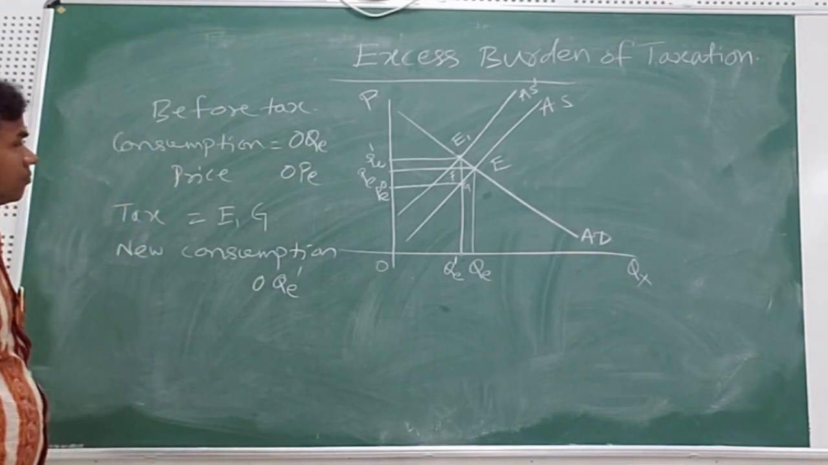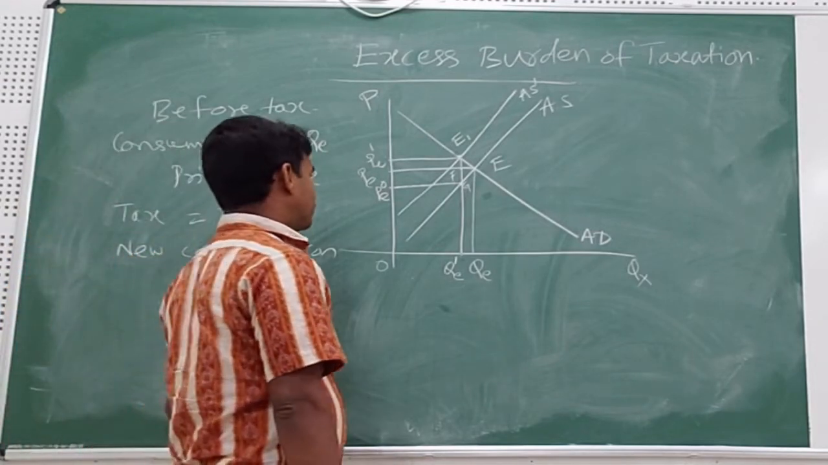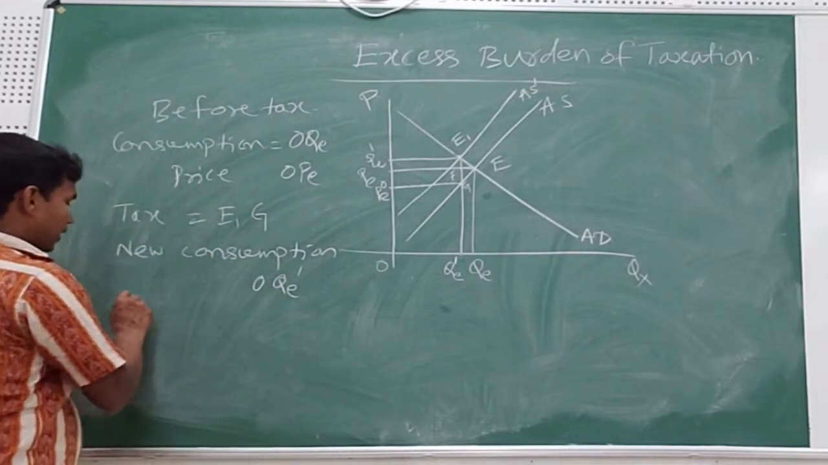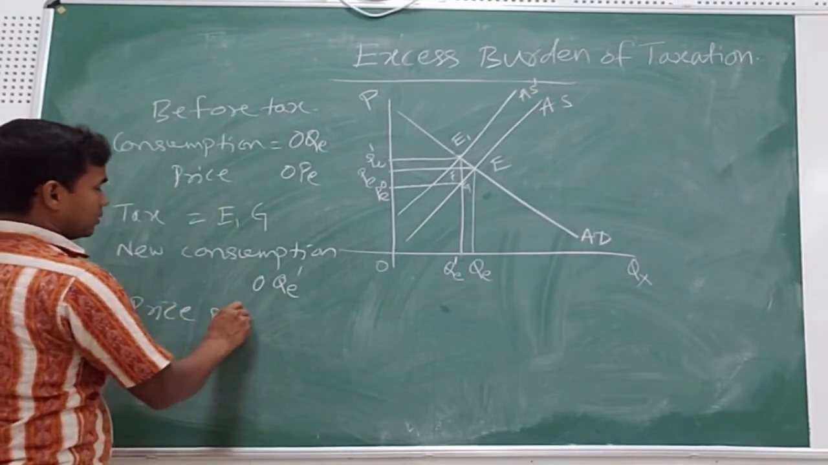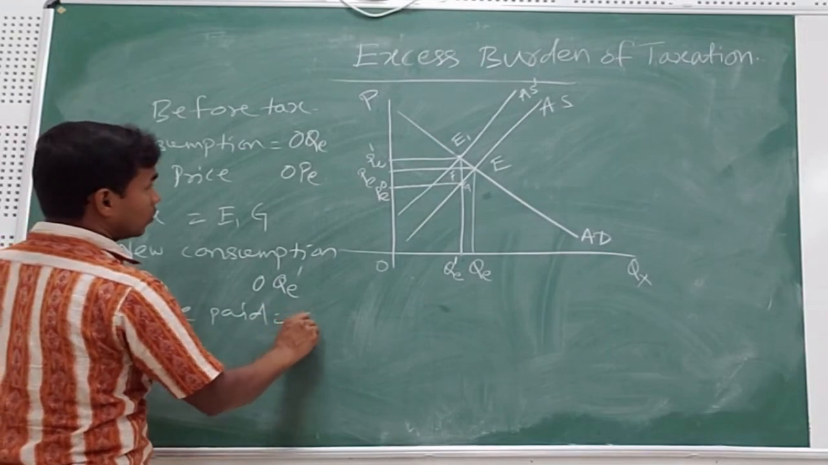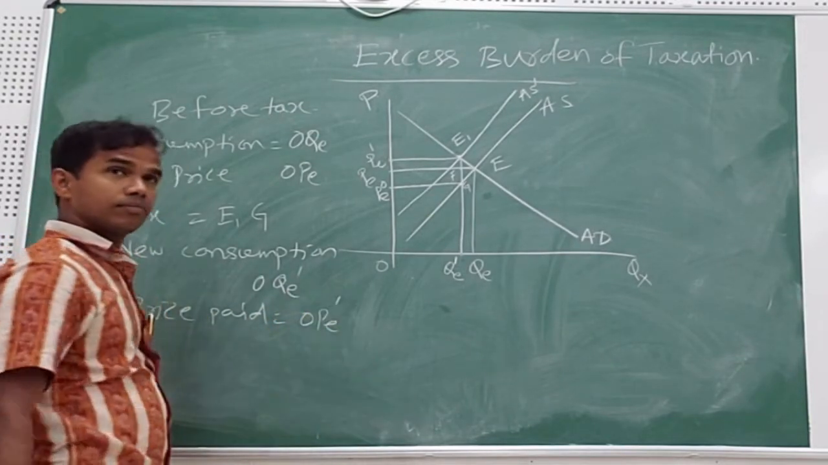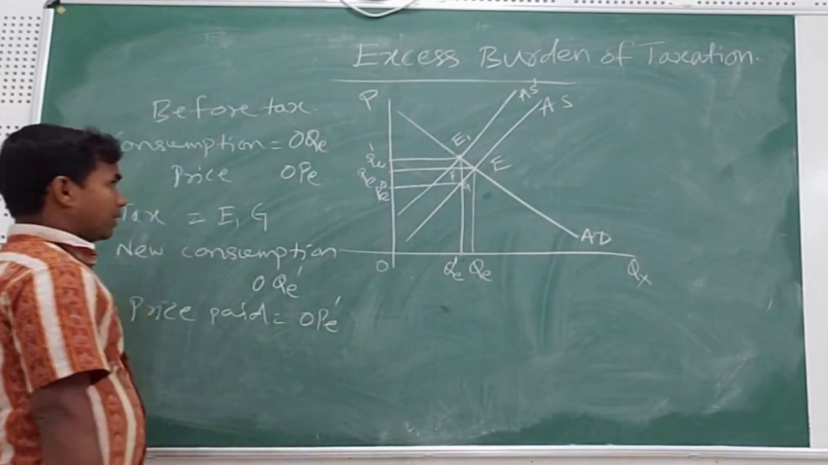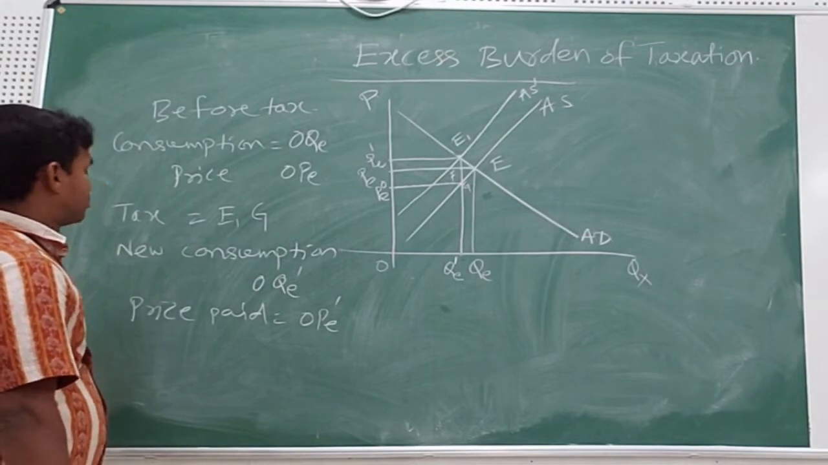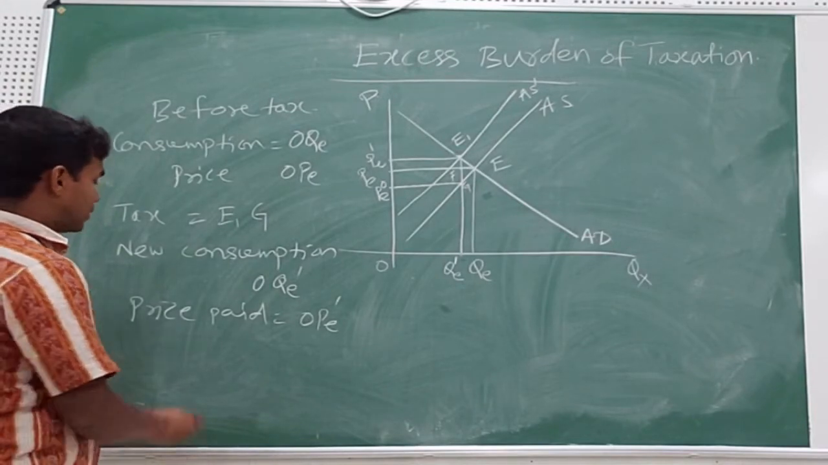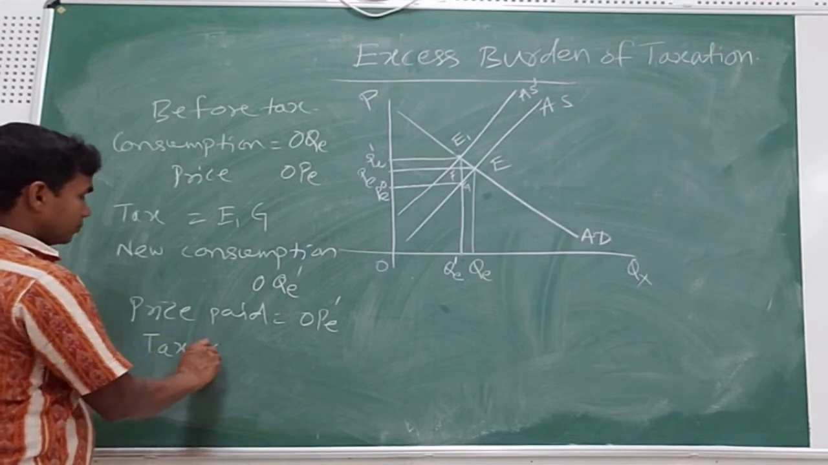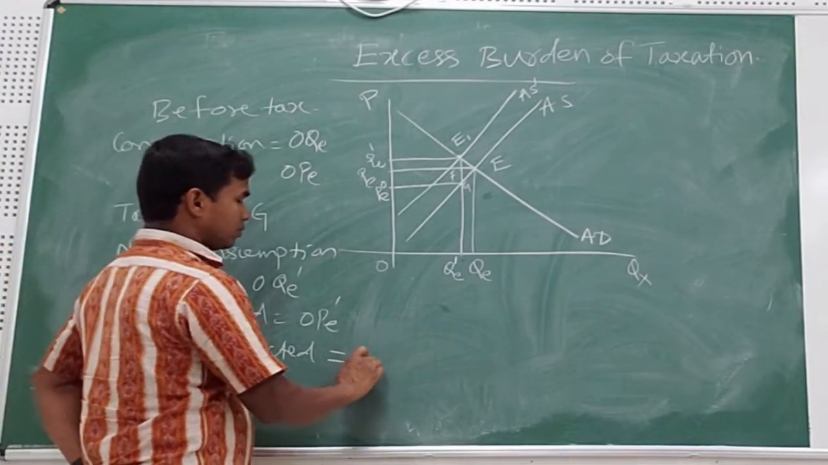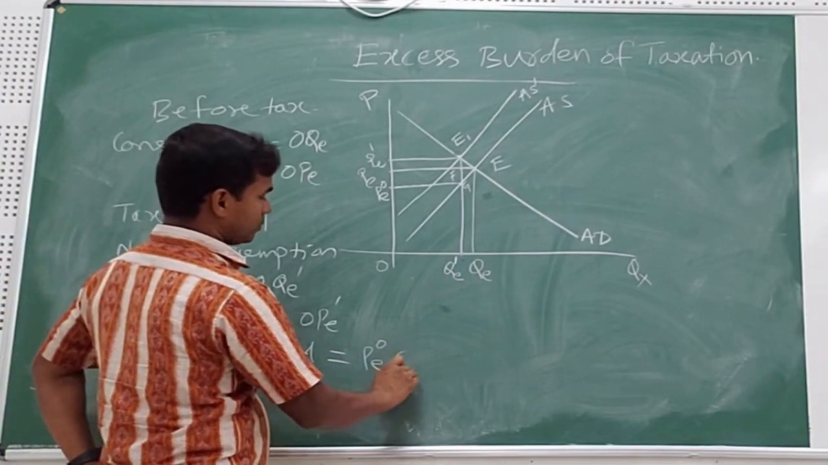And the price now paid by the consumer is how much? The price paid by the consumer is OPE prime, isn't it? That is the equilibrium price available. So you are paying this much price. And now how much tax is collected by the government? Tax collected amount is equal to PE0 G